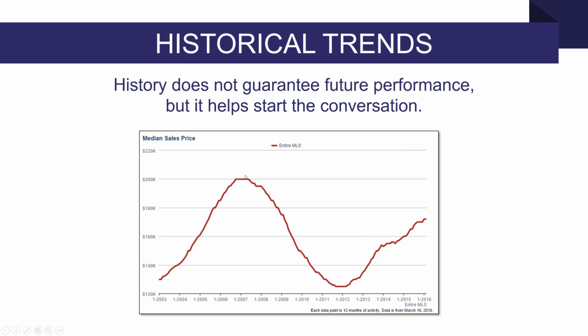So, a couple of lessons here is that there's oftentimes a little bit of resistance on pricing to start to fall because some sellers will simply take their home off the market rather than sell for less than they want. At the bottom, there's often a little resistance for prices to go up because appraisers and buyers are looking at those most recent comparables, and they either think they should be paying less or paying the same as before. So it takes a while for the market to get itself situated and to start that increase back up. The important thing is trends definitely give you a good sense of where things are going in the near term, but that long term is a lot more uncertain.